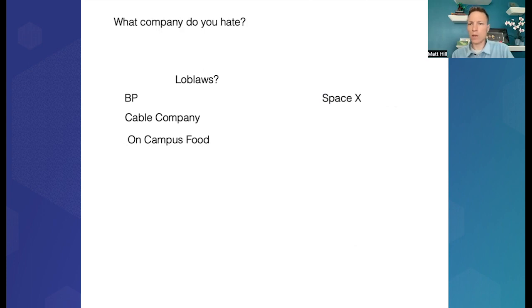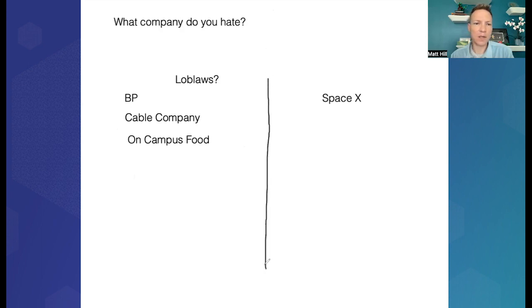And so when I do this exercise, I'm asking the students, all right, what company do you hate? They say whatever company they don't like. We talk about why they don't like that company, and some funny stories usually come out. And then what I'm doing on the board is I'm putting the companies in one of two columns. There's this column over here and this column over here.